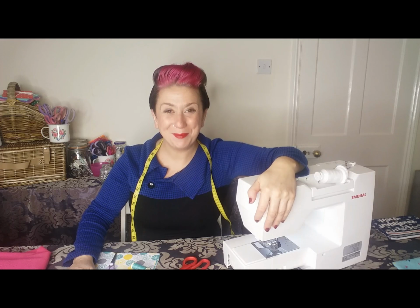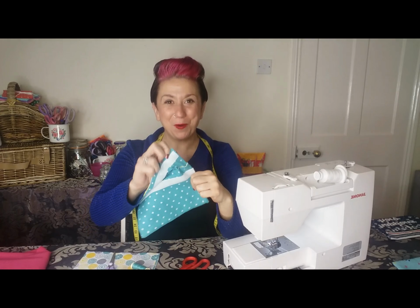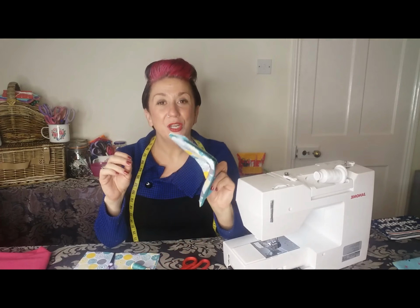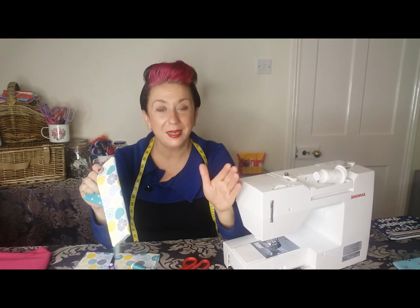Hello, you're here with Miss Libby Rose, and today we're going to be making a little pencil case with a velcro enclosure. So what you will need for this project is two fat quarter pieces cut into